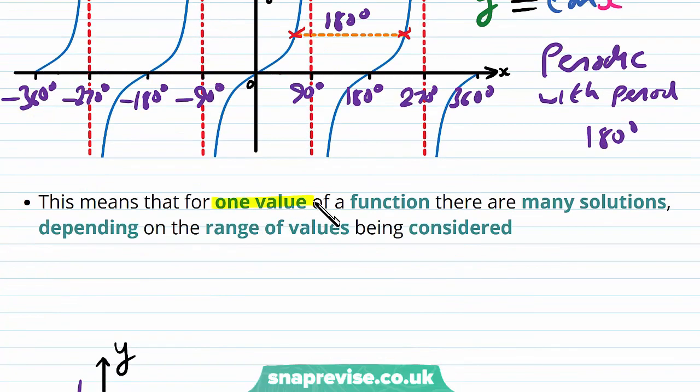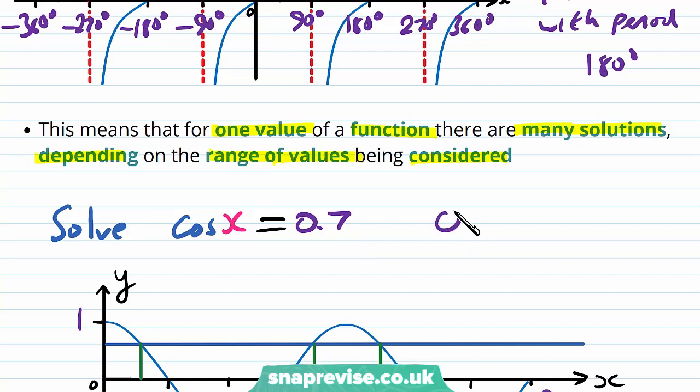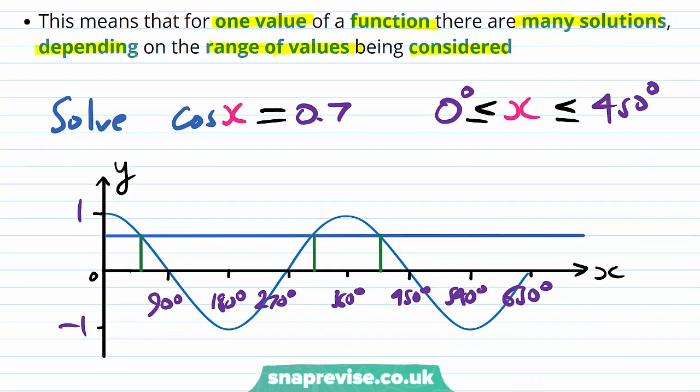This means that for one value of a function there are many solutions, depending on the range of values being considered. Let's say we're asked to solve the equation cos of x equals 0.7 in the range 0 less than or equal to x less than or equal to 450. And again, these are in degrees. Then we take our graph of y equals cos of x,